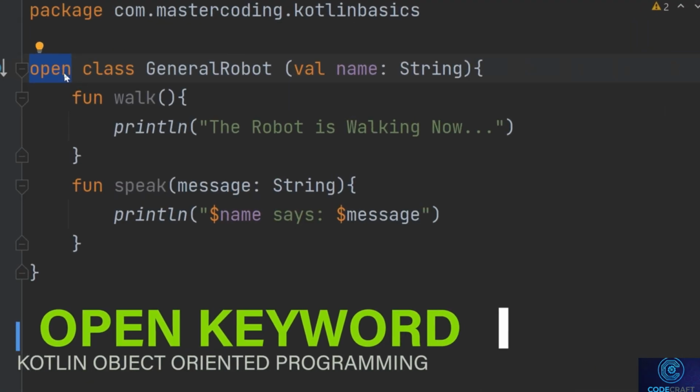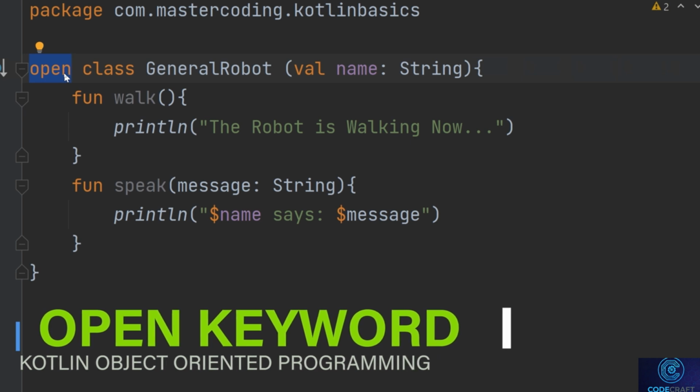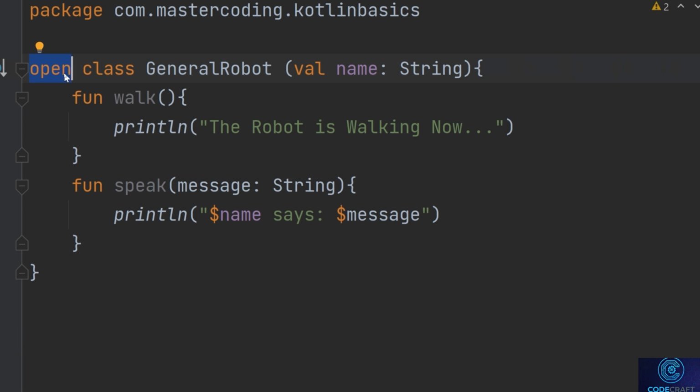Welcome back. In Kotlin, the open keyword is used to declare a class, function, or property as open for extension. When you mark a class, function, or property with the open keyword, it means that it can be subclassed, inherited, or overridden by other classes or functions in other parts of your code. This is a way of explicitly allowing other parts of your code base to extend or customize the behavior of